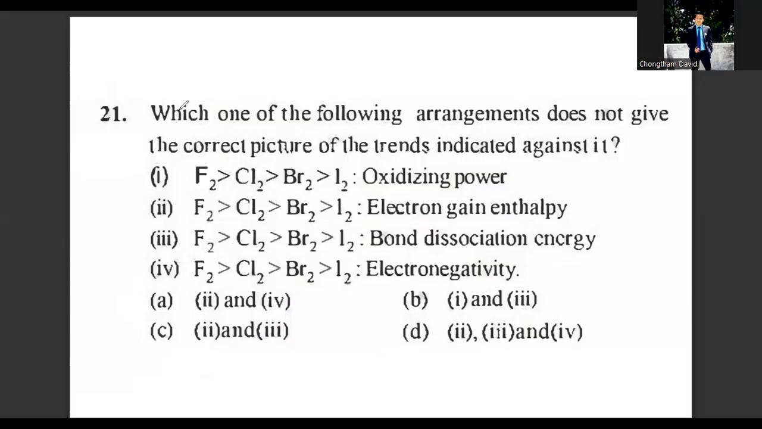Which one of the following arrangements does not give the correct picture of the trends indicated against it? So we have oxidizing power, electron gain enthalpy, bond dissociation energy, electronegativity. Based on this, you have to answer the question. From the given options, option 1, that is fluorine, chlorine, bromine, iodine, oxidizing power, this is correct, right? And option number 2, regarding the electron gain enthalpy, is incorrect, because